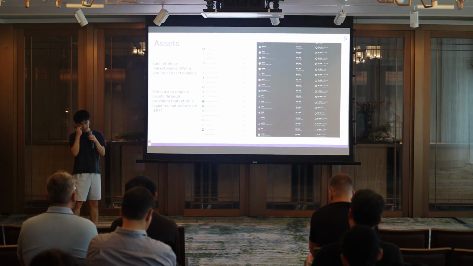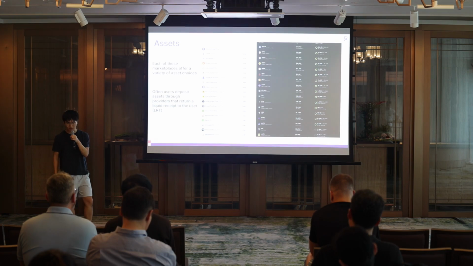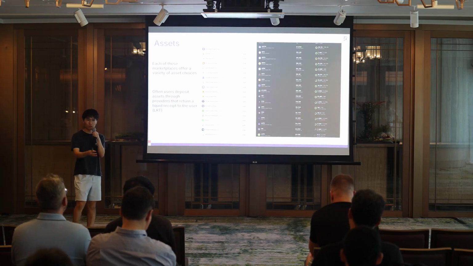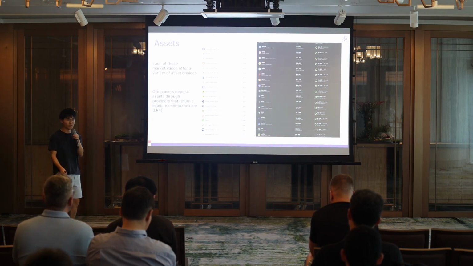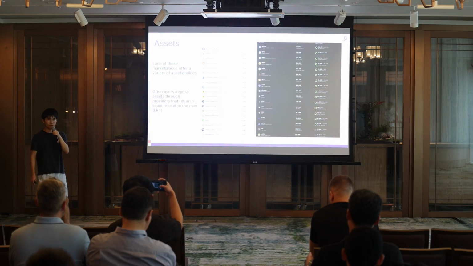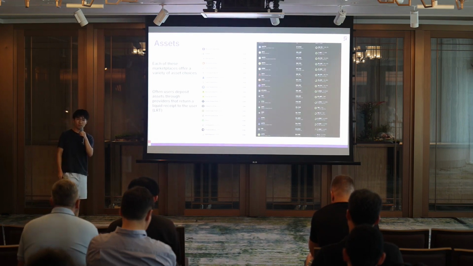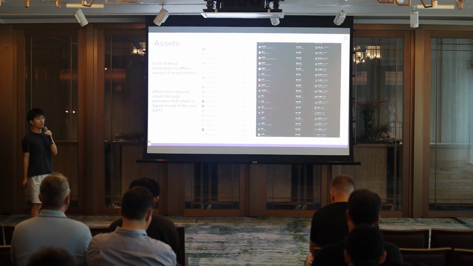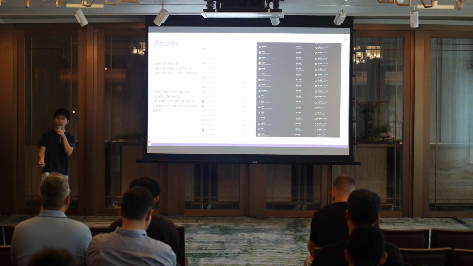And one aspect in restaking that has developed over the past couple of months has been the choice of asset, or the choice of collateral that people can use in restaking. Originally, in its first forms, restaking was only limited to staked ETH or its liquid variants. But today, you can see that general trend where any sort of ERC20 can be used as collateral